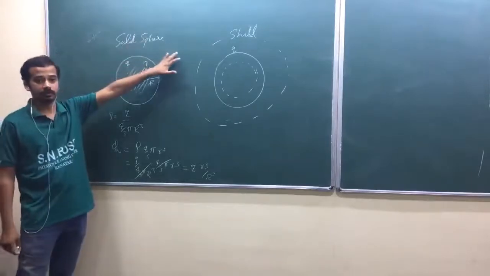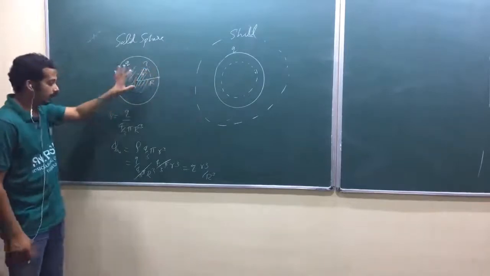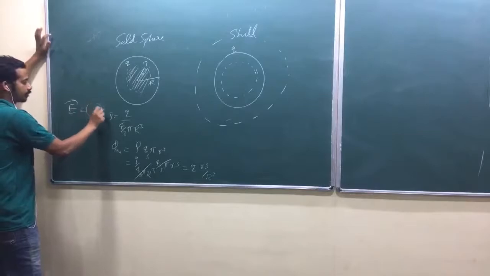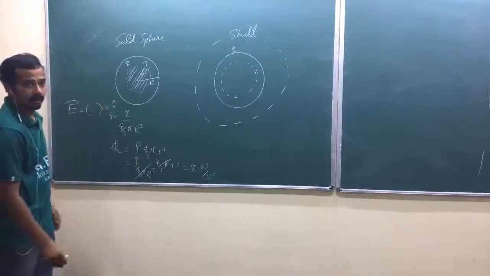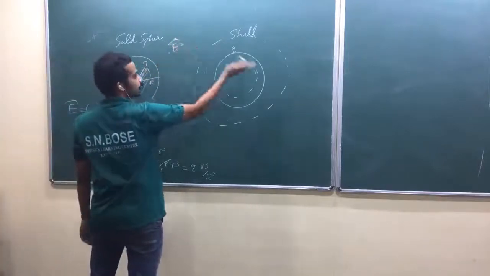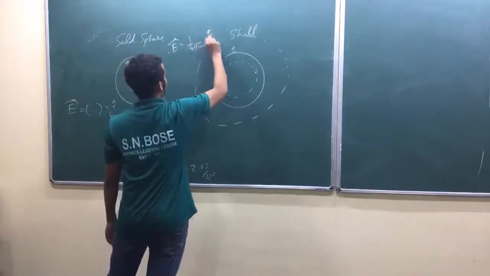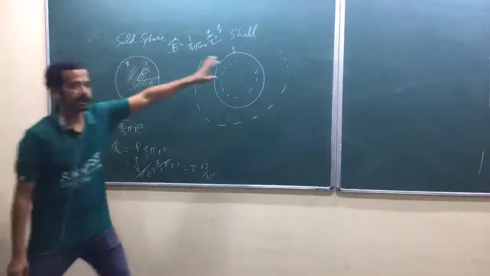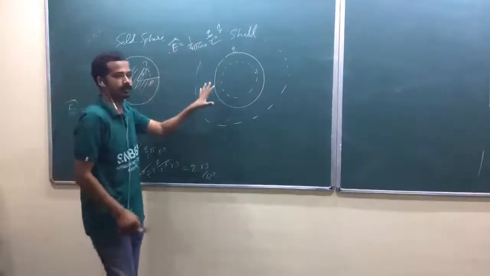That is only for outside points. Here, inside, you will get an electric field proportional to r vector, something into r cap. Do that problem. Outside, the electric field will be like this for both of these two: 1 by 4 pi epsilon naught Q by r square r cap. Exactly the same electric field you will get. Even for the shell you can interpret it like this.